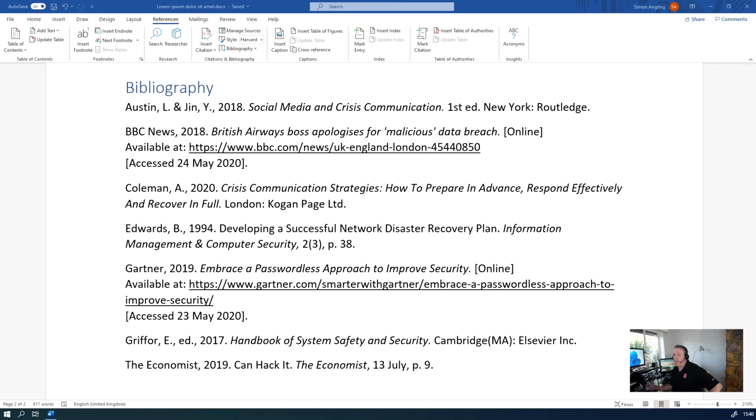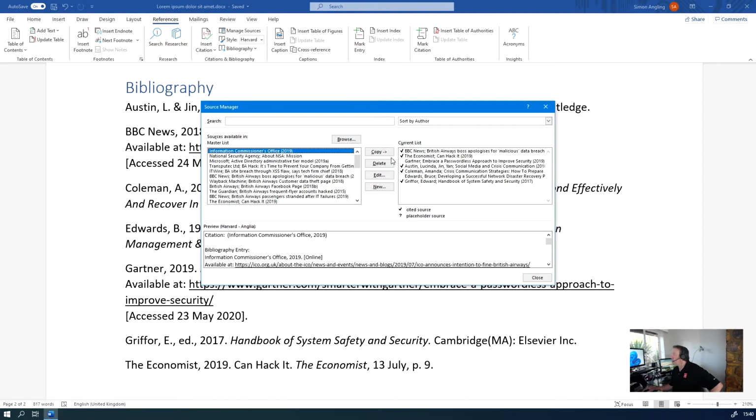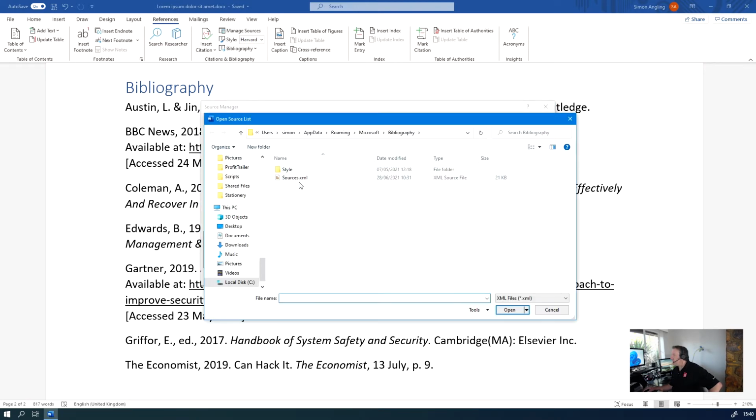So how do I manage my references? How do I manage my sources? How do I curate the sources that I'm going to reference? So under Manage Sources, we'll see we have a master list and we have a current list. Now this is likely to be blank if you've never used the sources function in Microsoft Word before. But this master list, if you click on Browse, it lives here